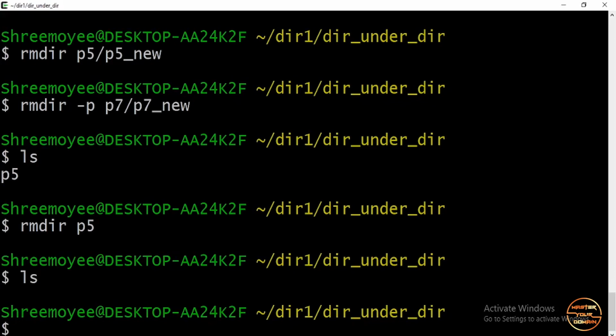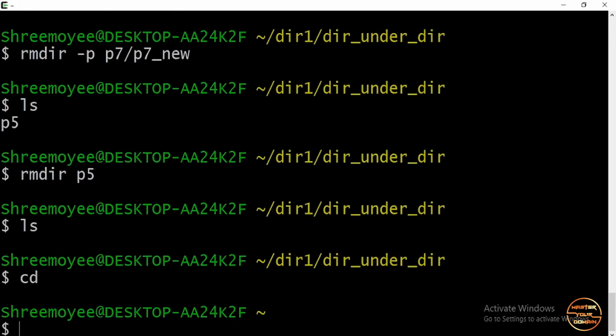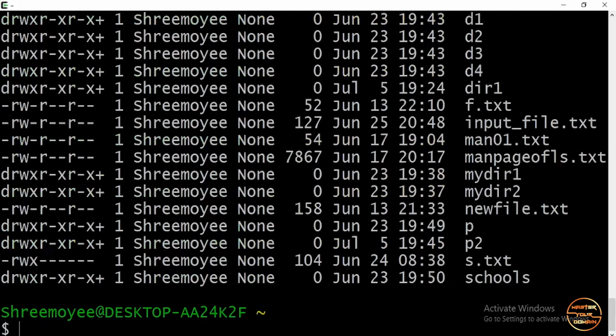So I think this is all for one class, and in the next class we are going to discuss file permissions, and this is really important, believe me. What are file permissions, do you think? Let's come to the home directory and let me show you, ls -l. I told you about this long listing, and these are the file permissions. I will discuss this in the next class.